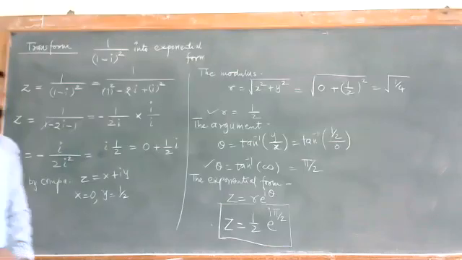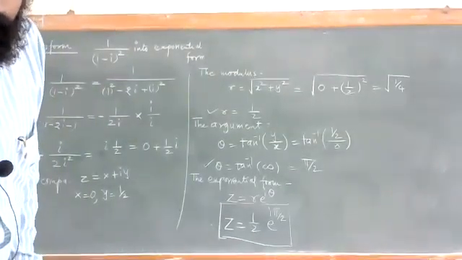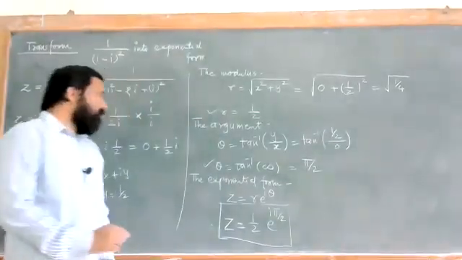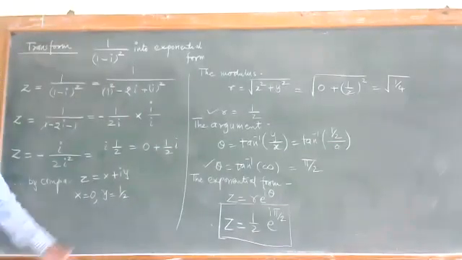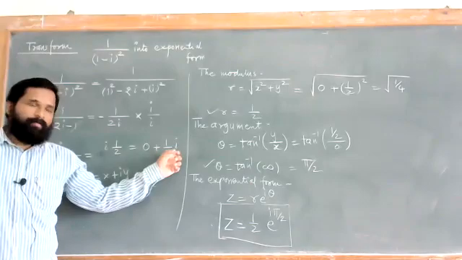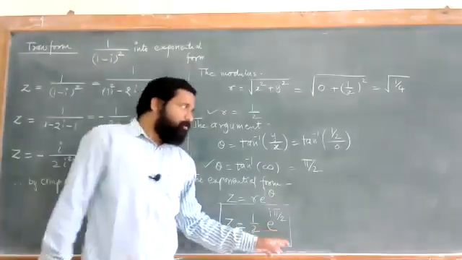रेक्टेंगुलर फॉर्म मध्ये कसा येईल हा नंबर? हा जो काही नंबर आपण सांगतोय, 1 upon (1 minus I) whole square, हा रेक्टेंगुलर फॉर्म मध्ये कसा येईल? सो रेक्टेंगुलर फॉर्म इज लाइक दिस 0 plus 1 half I. म्हणजे काय? e raised to I times pi by 2. How can you write this?